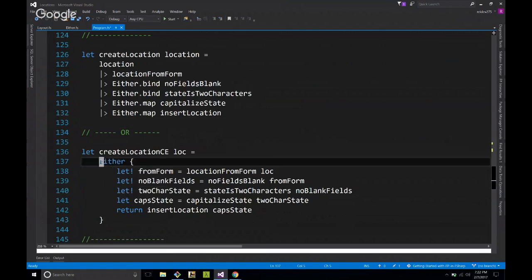But it does show 2 things. One is that, as I mentioned, you could create your own workflows, and that's exactly what we've done here. This either is defined over here in our either module, and I can show that in a bit, but you can absolutely do that. And in this case, we're saying let bang. So if we take our locations from form, which we know might not be able to return a location, and we call it within our either workflow and say let bang, then from form is a location. If this can't return a location, it's going to short circuit and not do anything else in this whole pipeline,